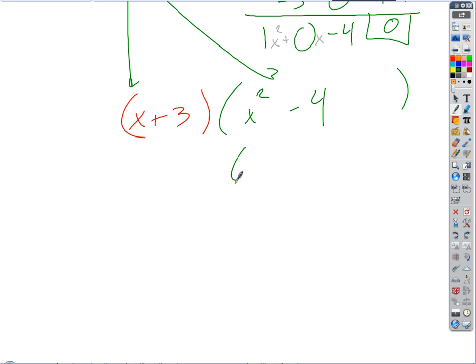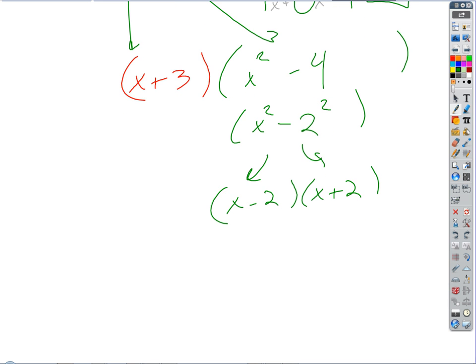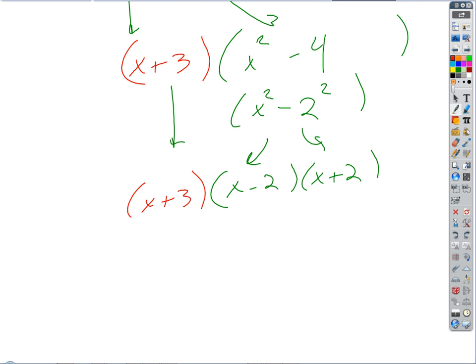x squared minus 4 is really just x squared minus what squared? 2, right? So then x squared minus 2 squared, if that's a difference of squares, how does that break apart? There you go. x minus 2 times x plus 2, and then out front we've still got our x plus 3. So that would be our answer, right? There is our original polynomial f of x in factored form,